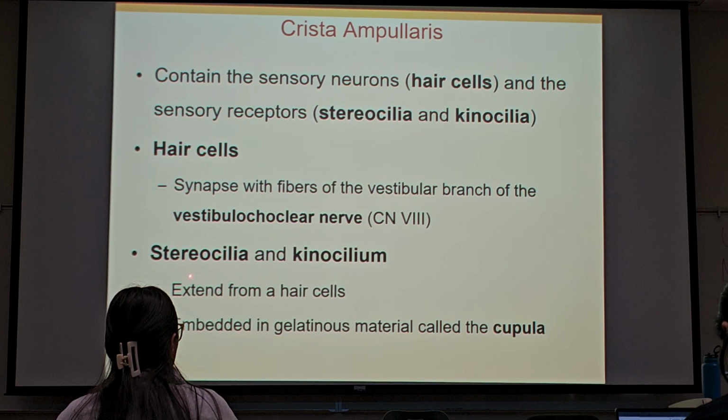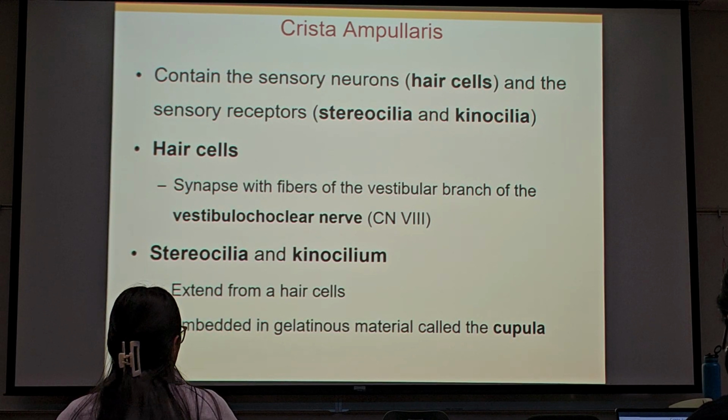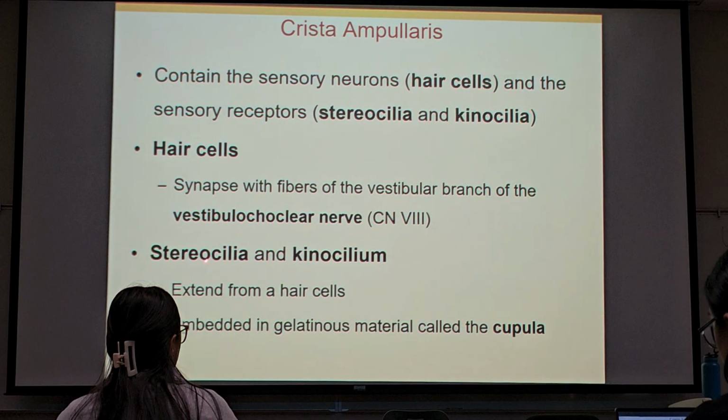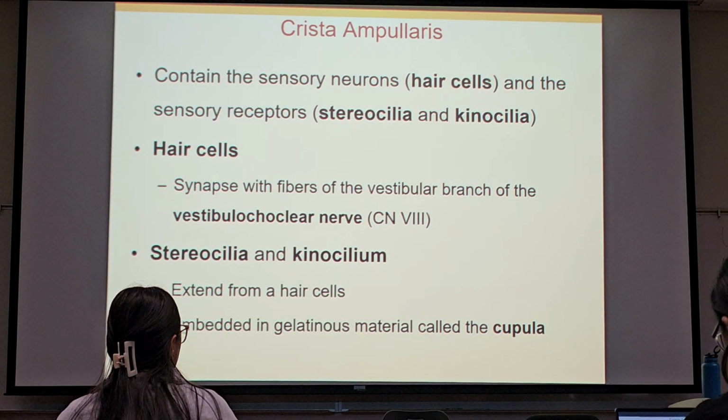But here, the stereocilia and the kinocilium aren't embedded in macula, that gelatinous membrane with stones in it. Here, they are embedded in the cupula that's sitting on top. Still some gelatinous stuff. But when those stereocilia and kinocilia get moved, they're gonna trigger an electrical impulse that fires from the hair cells and gets delivered in the synapse at the fibers of the vestibulocochlear nerve, particularly the